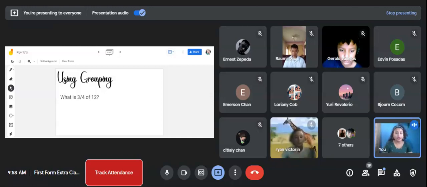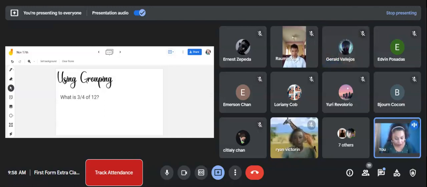But now, when we are using the grouping method, they always give you the fraction in your question. And your fraction over here, 3/4, right? And then now when they give you guys the fraction, what happens is,